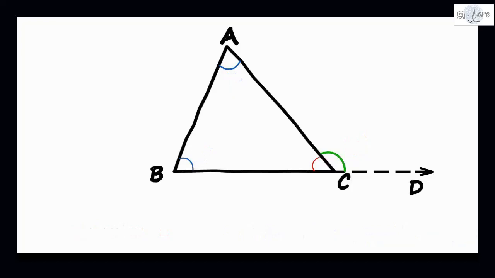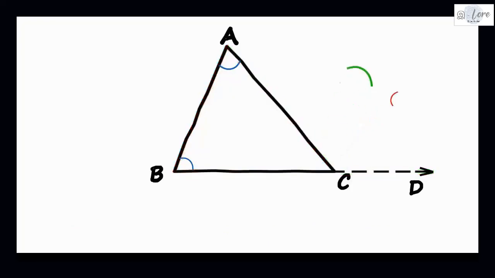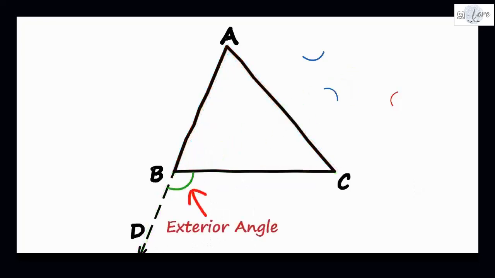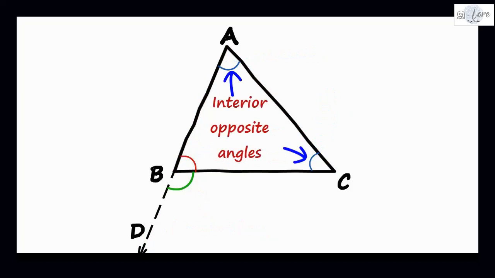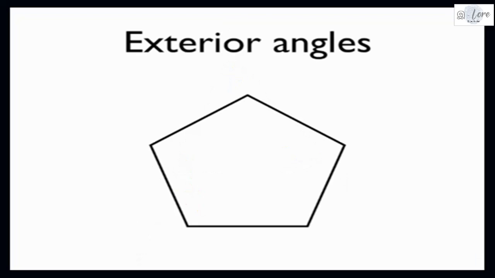Similarly, will there be only one exterior angle in a triangle? No, definitely not. It has many more exterior angles. In case you consider AB extended to BD, now CBD is the exterior angle for the given triangle. Then what about the interior angles? The interior adjacent angle will be ABC, and A and C are the interior opposite angles. So an exterior angle is an angle which lies outside of the triangle, with respect to the sides.